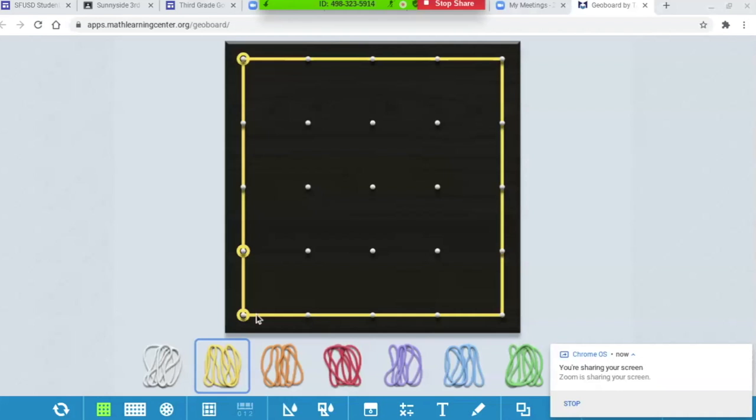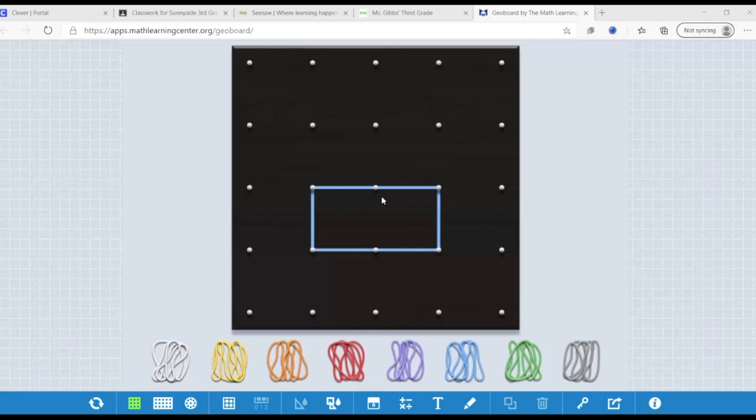It's hard to see. Opposite sides are congruent and parallel. I did a rectangle because right here, these are both opposite sides, and they are congruent and parallel. And same with this other set right here. Excellent. Okay. And is there another way to draw